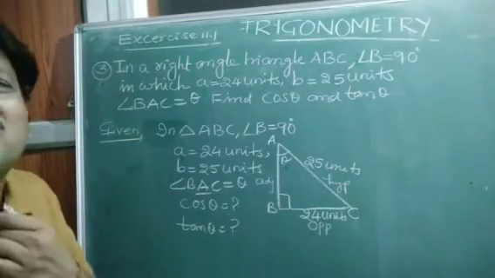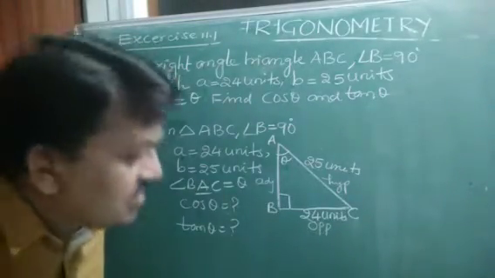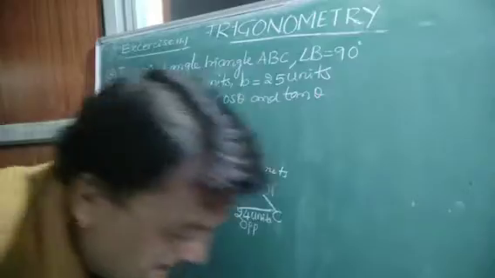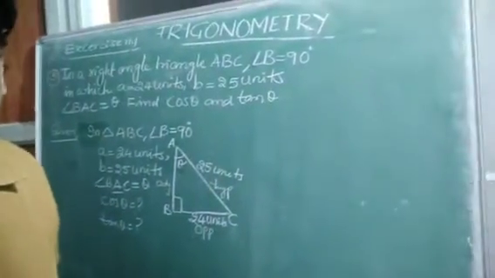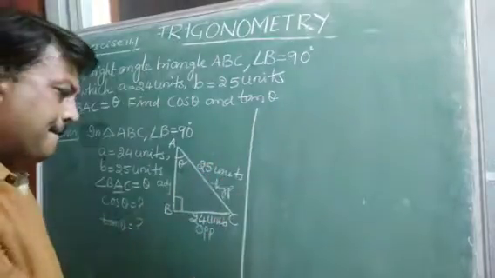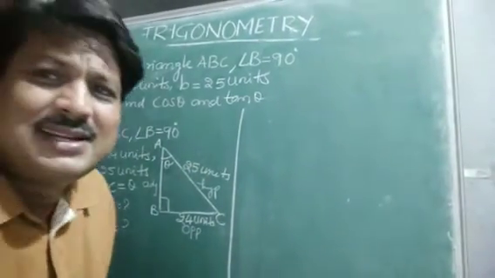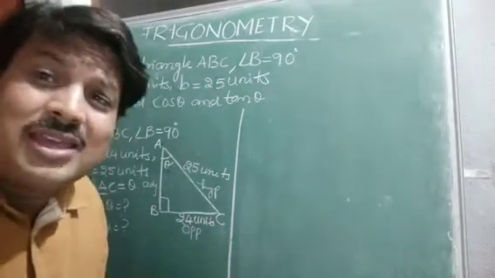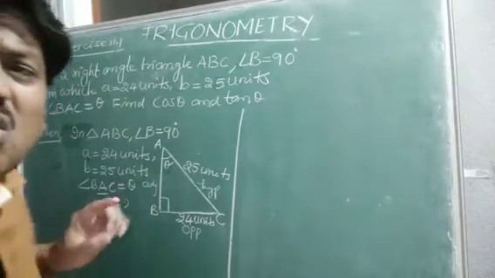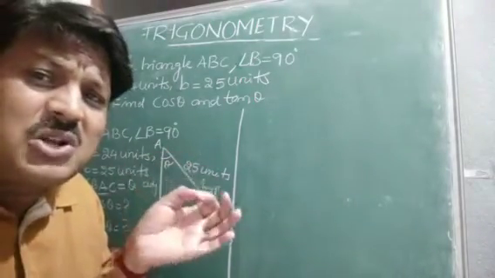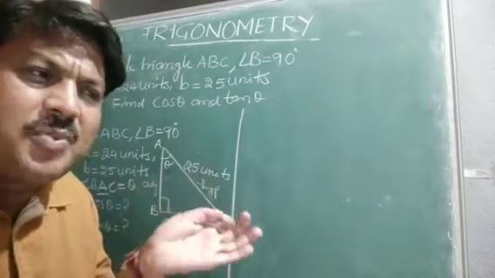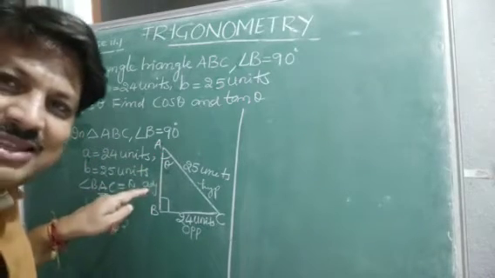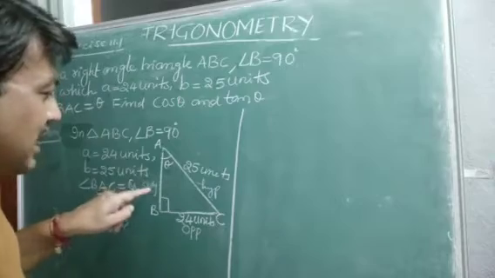Okay, children. So how to find this? It's a very simple and very easy question, children. Okay, so let's do this question. Two sides are known, the third side you have to find out. Why? What is the required thing here? Cos theta you have to find out. So cos theta is equal to adjacent upon hypotenuse. With respect to theta, adjacent is this and this side is not known, children. So first let's find this side.